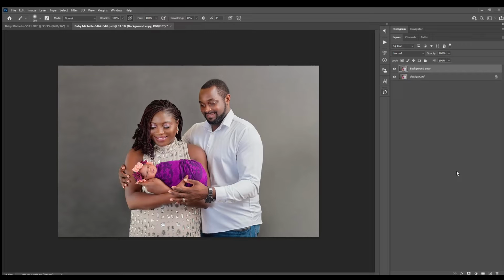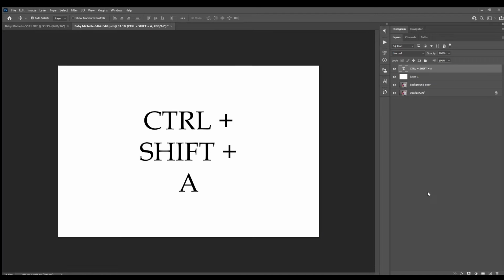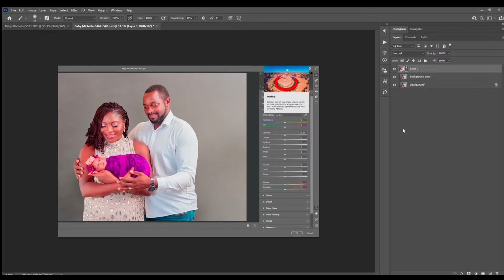So the first thing you want to do is make sure your images are flat, and then you want to duplicate it and select the top image, the top layer. Okay, so we have two layers. After you've selected it, you want to go to the camera raw. And the way that you do that is by hitting Control-Shift-A. You hold them all down at the same time, and it will take you to the camera raw setting,